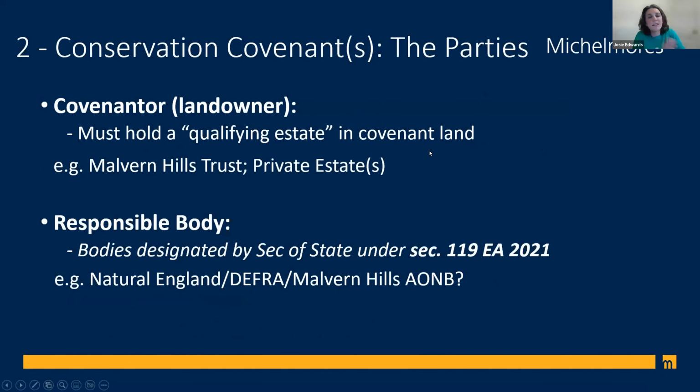In terms of the parties to the conservation covenant, the Environment Act requires that the covenantor has a qualifying estate in land. That's defined as either a freehold owner or a tenant holding a leasehold estate for a term of more than 7 years. So going back to our case study in the Malverns, the Malvern Hills Trust is the key freehold owner there, and would have the legal standing to enter into a conservation covenant. But in addition, any other adjoining freehold landowners who wish to join the scheme could enter into a conservation covenant